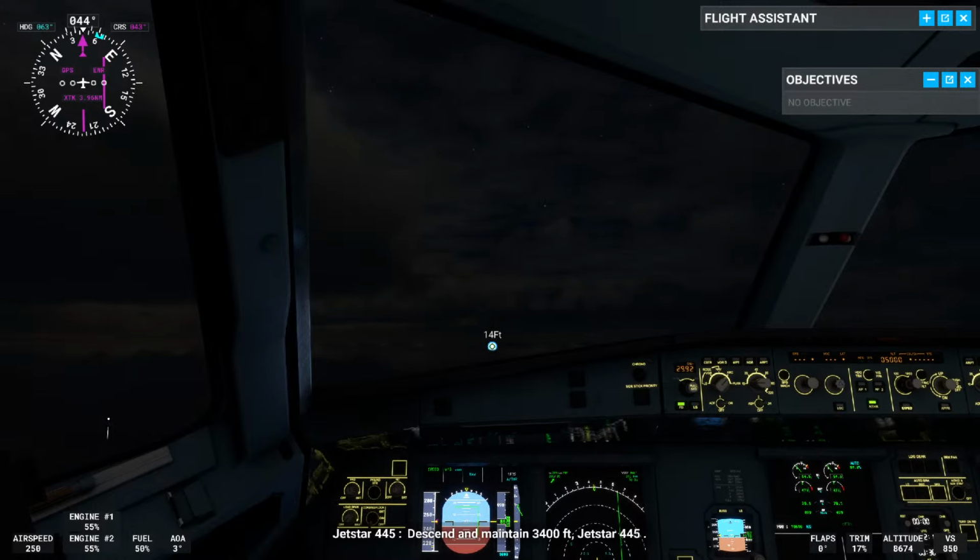3,400 feet, Jetstar 445. and it quickly gained the popularity due to, I think, its fuel efficiency and range, and